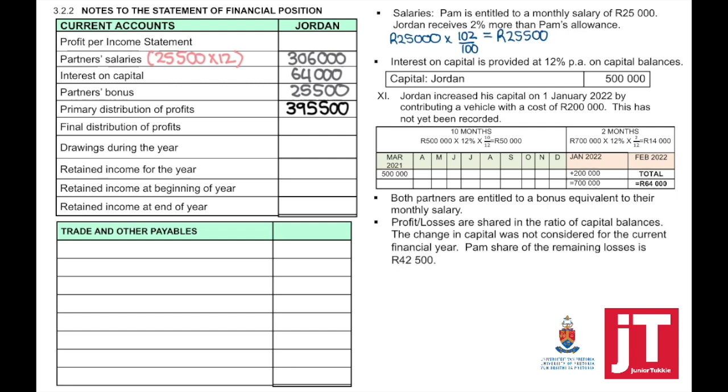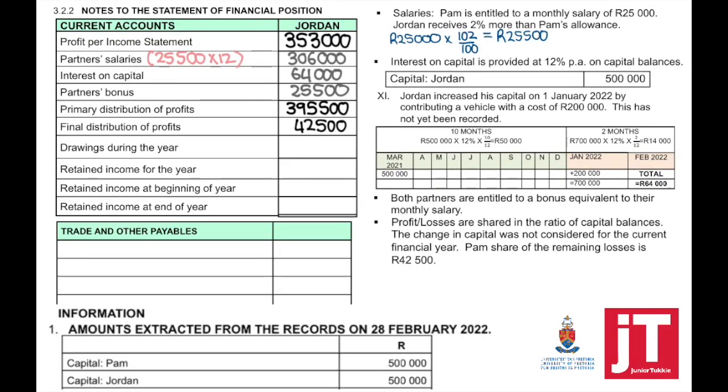Profit or losses are shared in the ratio of capital balances. The change in capital was not considered for the current financial year. Pam's share of the remaining losses is 42,500. So if the additional 200,000 which was contributed is not considered, and we look at the capital